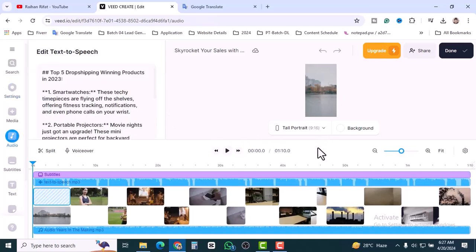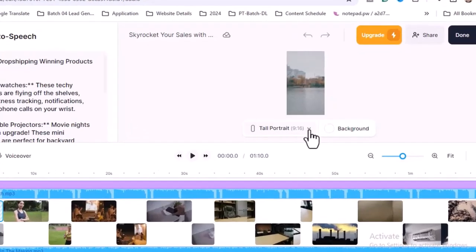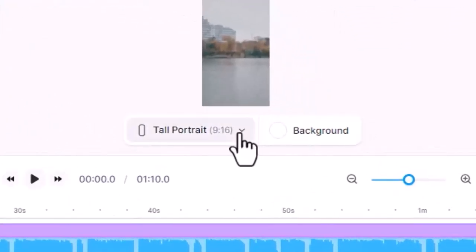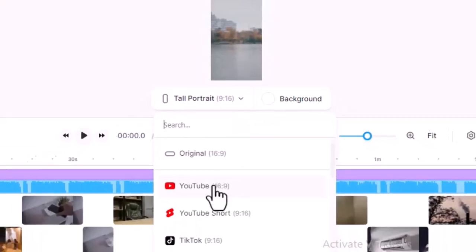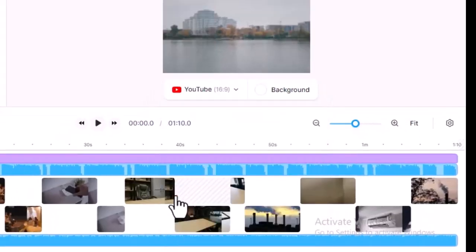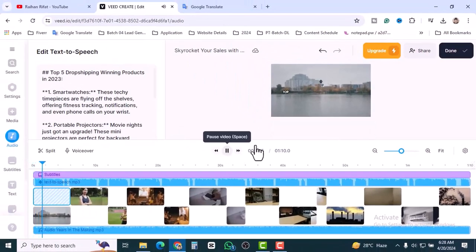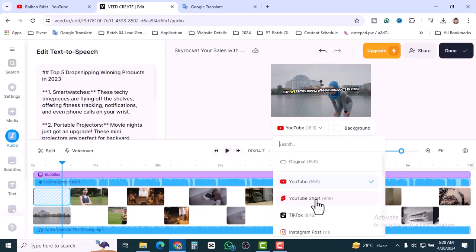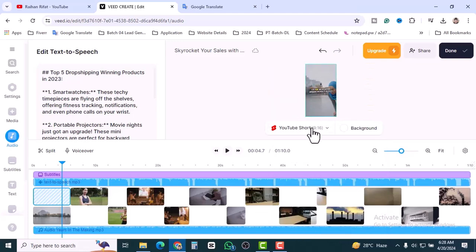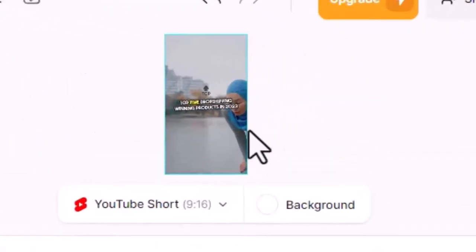Before downloading, I am going to show you another thing. You can change the option here and you can see the output instantly. If you want to upload a YouTube video, click on there and just click on YouTube shorts. It will come up like a YouTube shorts video.